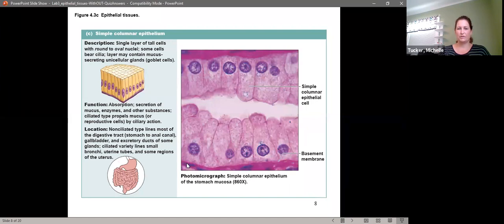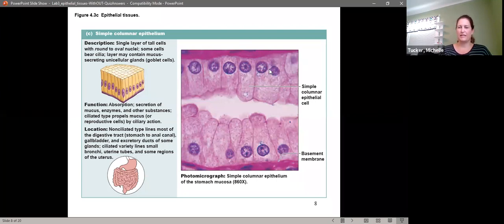This is an extreme magnification of simple columnar. The sample you would be seeing in lab on the next presentation is not quite at this magnification. So this is just to illustrate, so you can see a more defined boundary between cells, like you couldn't see in the previous slide. So this is simple columnar epithelium. They are attached at the basement membrane, and then these nuclei, they stay spherical and they line up along that